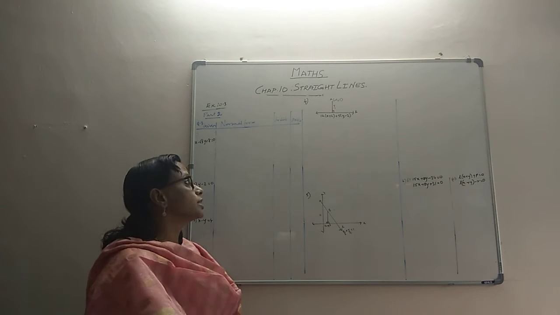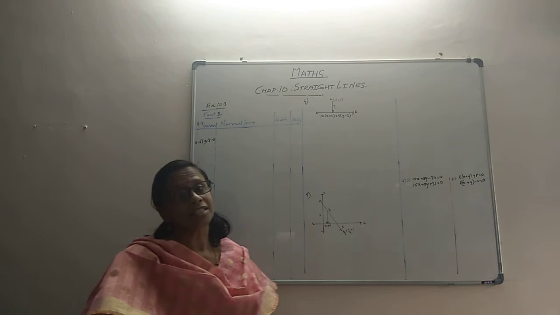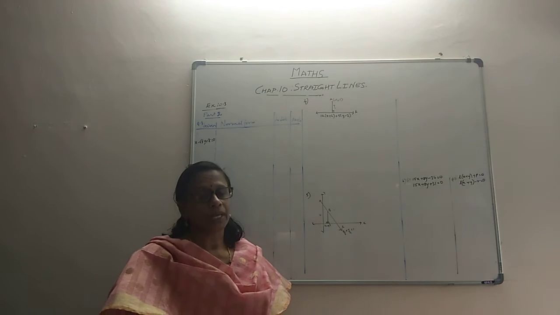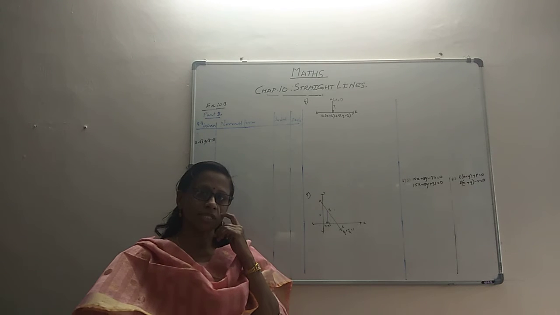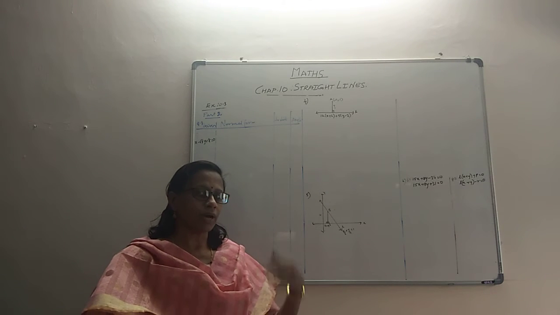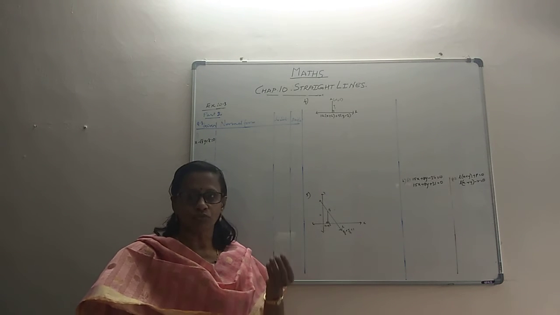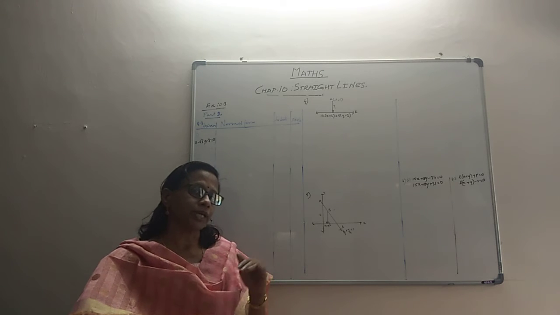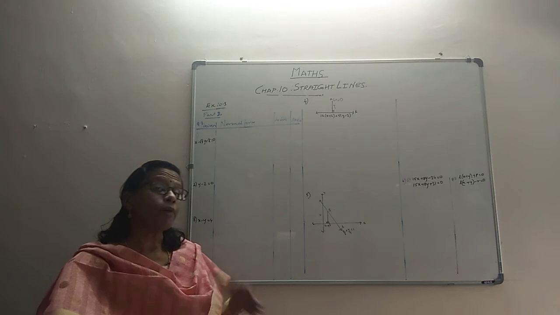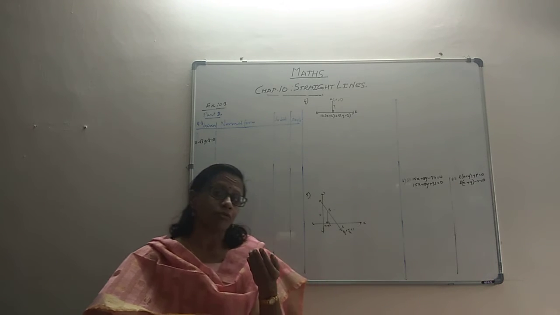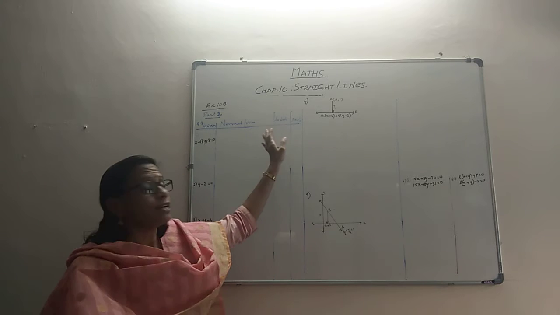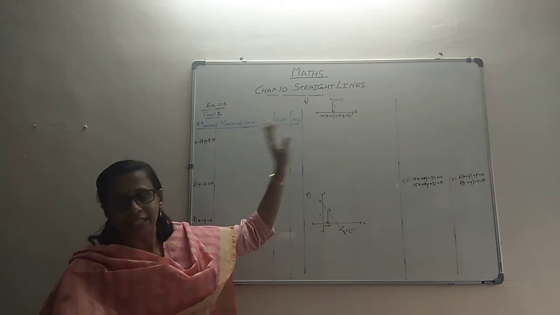Why? Because they give us an equation and they ask us to convert it into normal form. Now normal form is not like the other questions number 1 and 2, it doesn't come so easily. You have certain norms to follow, and only then you will be able to get it in the normal form. Not only that, the question says that you should write what is the perpendicular distance and the angle that is so formed.